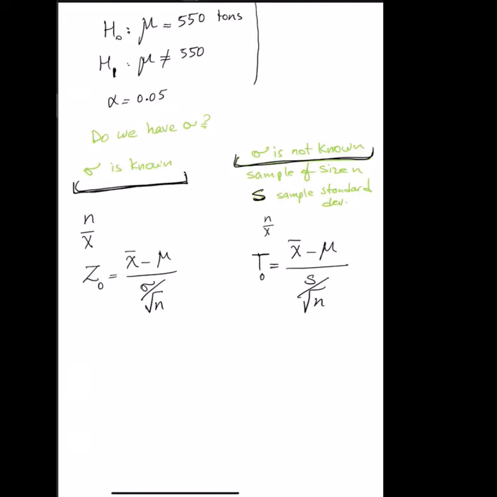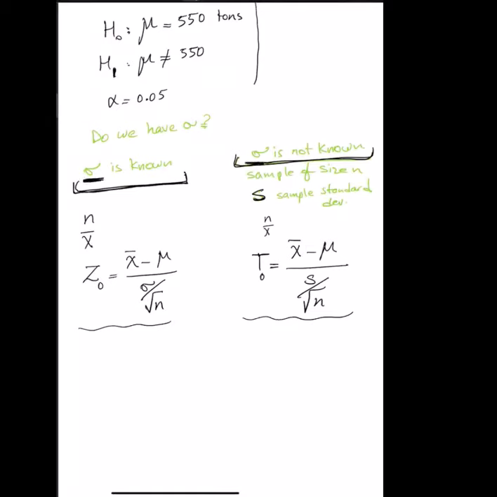If you have the confidence interval, you can do it using the confidence interval. If you don't have the confidence interval, you can use the classic method. We are going to develop the test statistic Z or T, depending on if I know the sigma or if I don't know the sigma,